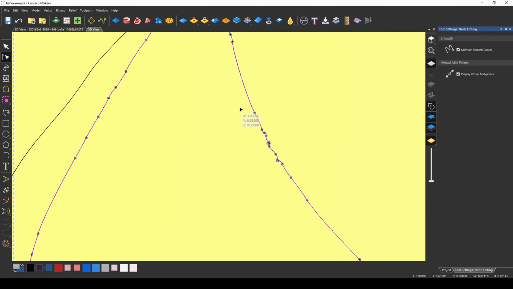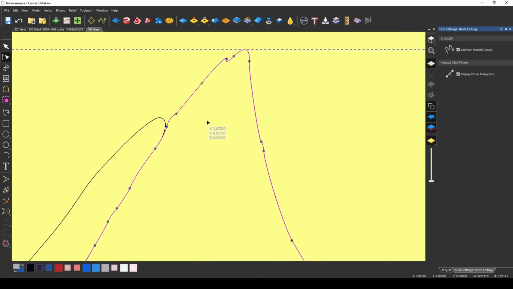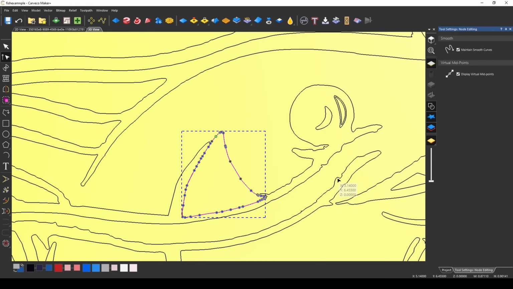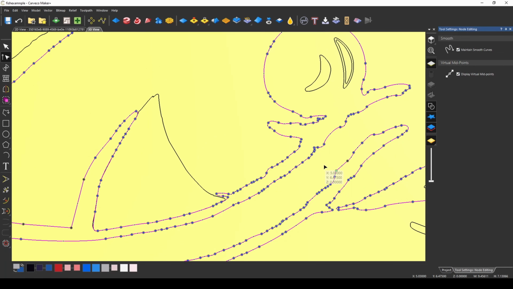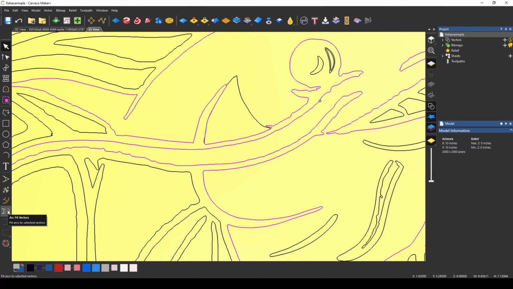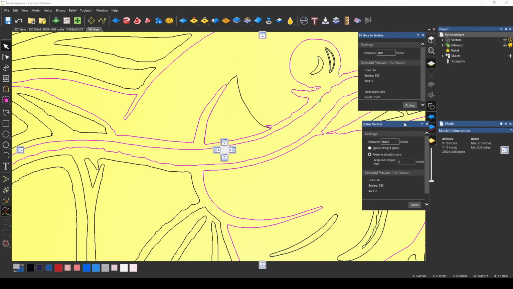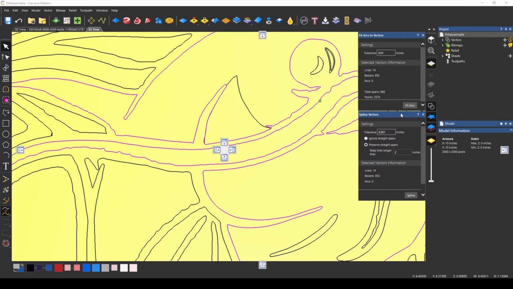So you can go along and fix really bad spots by just getting rid of them. This is probably the fastest way to fix a lot of these really ugly spots in this drawing and get it a lot closer to the shape that you're looking for. The next method I want to show you is the ArcFit Vectors tool and the Spline Vectors tool. Now we're going to be using both of these in combination with each other in order to create two offsets of these tolerances to make this line straighter. And I'll show you what I mean.